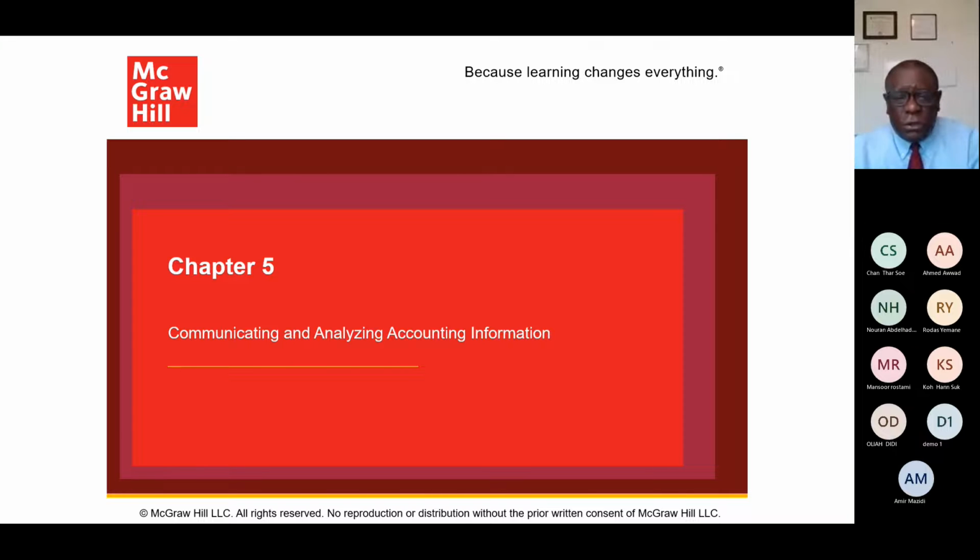I want you to be able to distinguish between external and internal users. So that would be the first thing you should take note of if you're writing it down. Know what type of information is needed by external users and what type of information is needed by internal users.